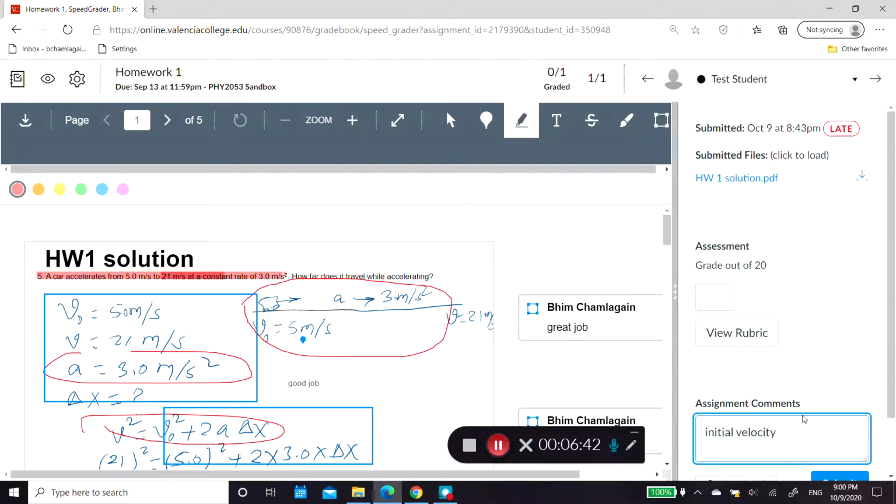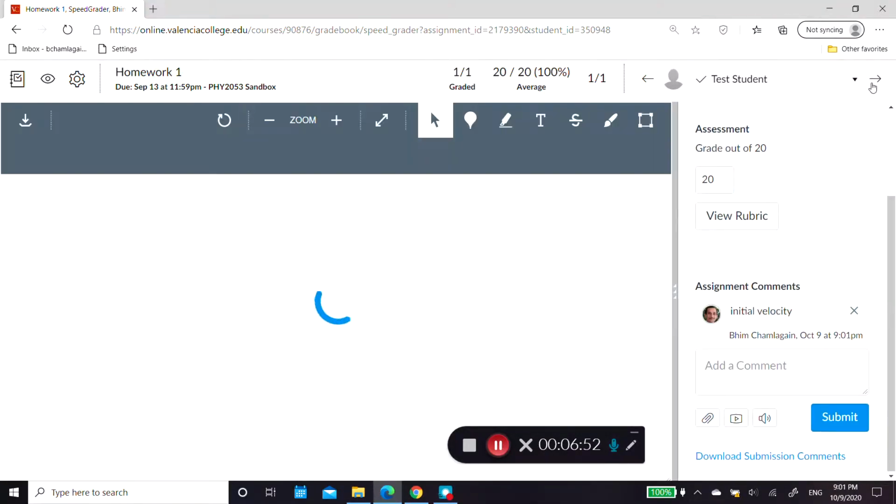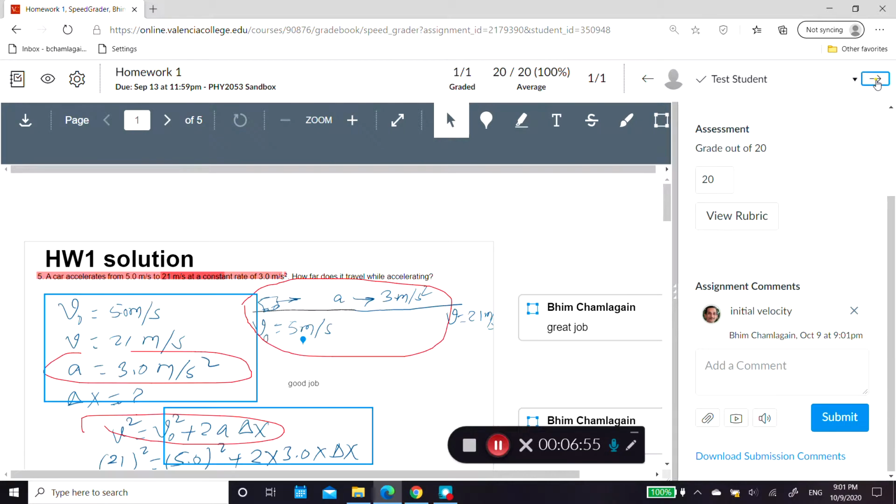I usually put the grade over here, whatever grade they got, and then just submit it, and go to the next student by clicking this arrow.